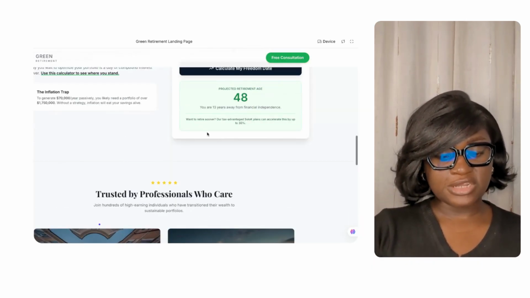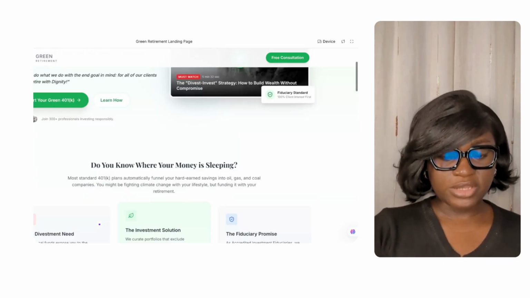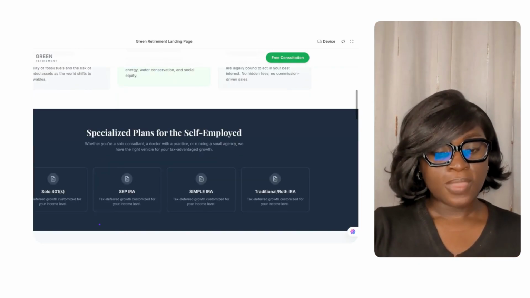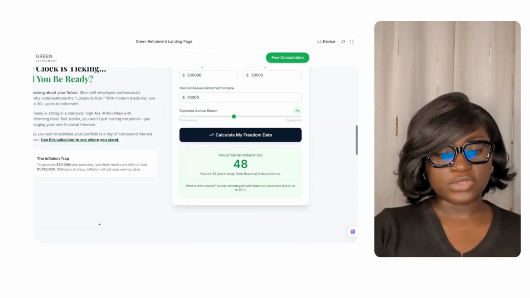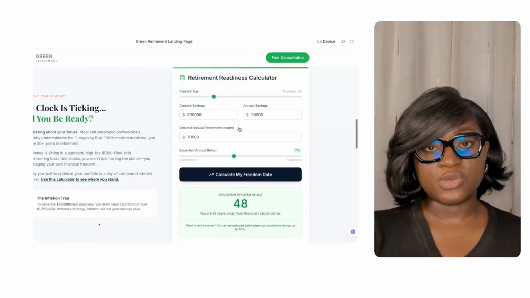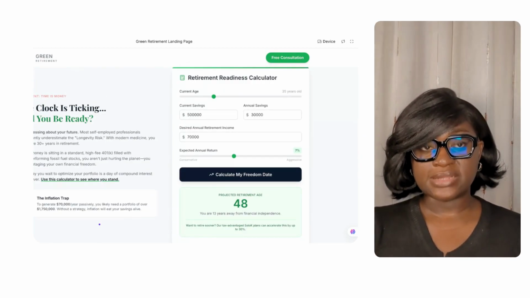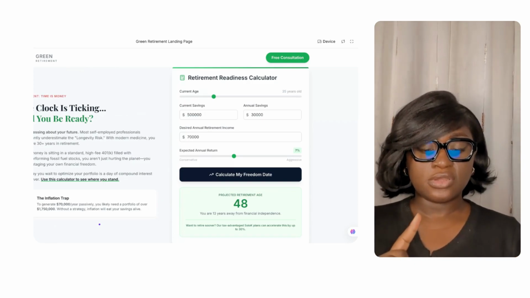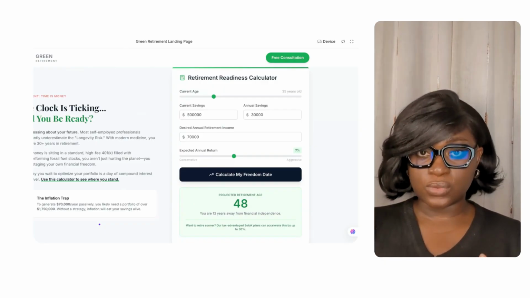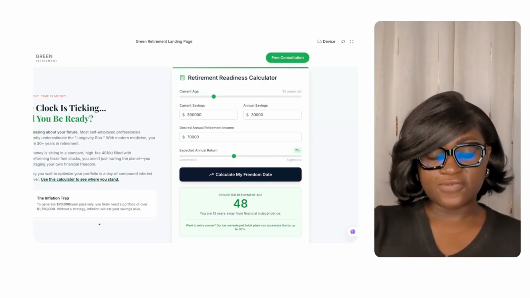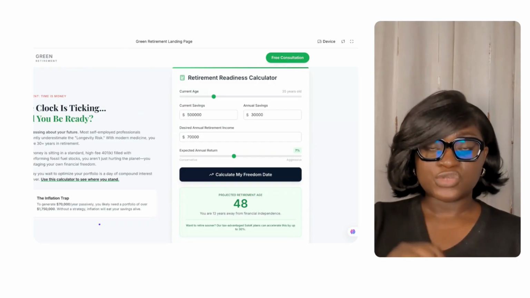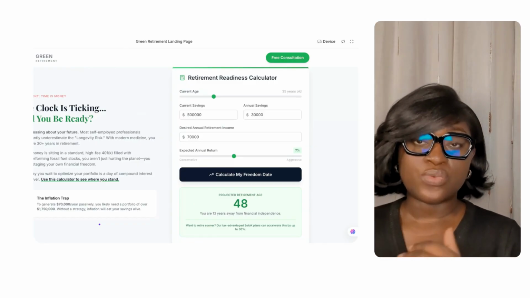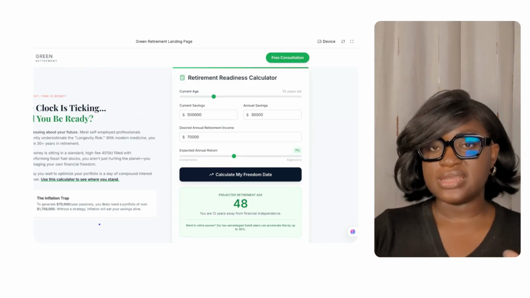All of this on the landing page is speaking about the offer, why they need to divest, why they should go with this particular financial advisor, and the calculator serves all of that purpose. And that's one of the things I say when I speak about your choice of lead magnet. You want to make sure it's serving your clients, your offer, and your business goal. You want to make sure whatever lead magnet you're creating is responding directly to what your target audience needs right now. Not what you want, not what you think they need, but what they